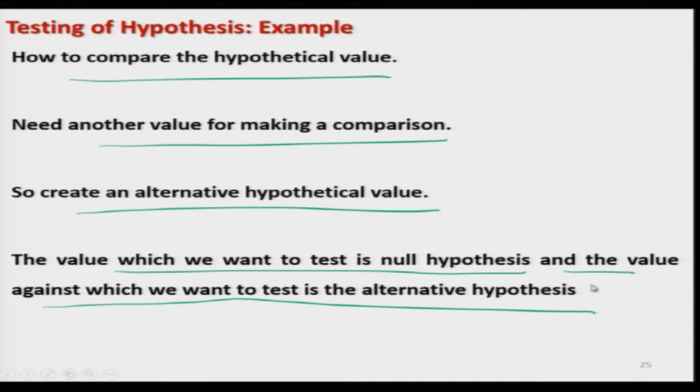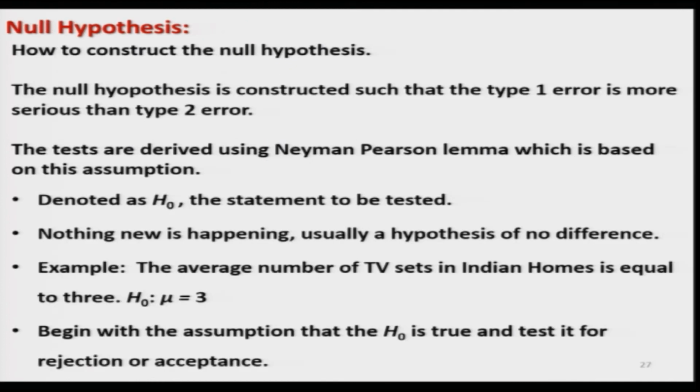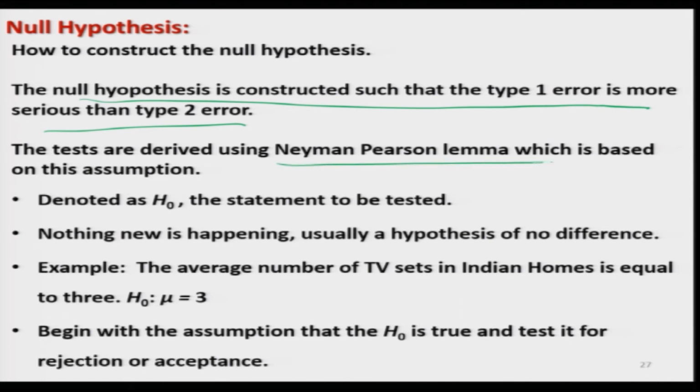So, by this example I have explained the concept of null hypothesis and alternative hypothesis, but now I will give them in more detail. The hypothesis is a statement about the parameter and it has 2 parts, null hypothesis and alternative hypothesis, right. The question here is how to construct the null hypothesis. The rule is that the null hypothesis is constructed such that the type 1 error is more serious than the type 2 error, and these tests are found from the Neyman-Pearson lemma, which is based on this assumption, that we will see later on,